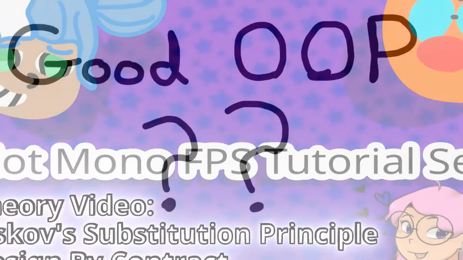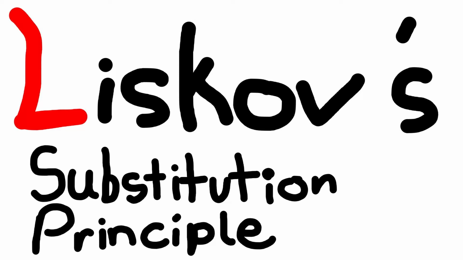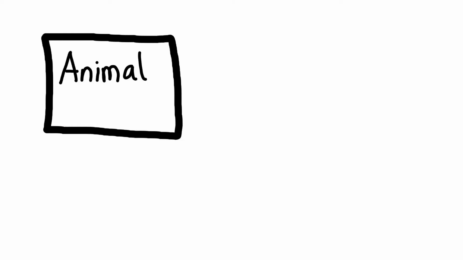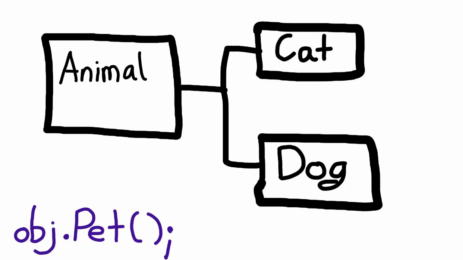If you want to write good object-oriented code, you should understand the SOLID principles. I plan to cover them all, but for this day, I'll just take the L. The Liskov substitution principle states that for any defined type for which there exist subtypes, any of those subtypes must